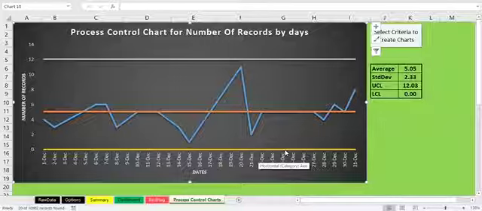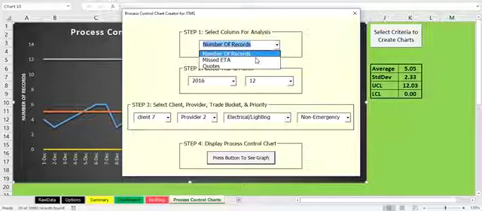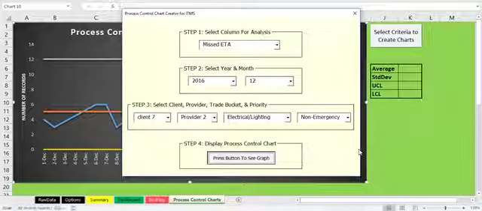The upper control limit is 12 tickets. The lower is like 0. So it's very close to the upper control limit. So FacilitySource needs to dive deep into what happened between 15th and 21st December, what made them get such a spike. At the same time, if I go and check the missed ETAs with a click of a button,